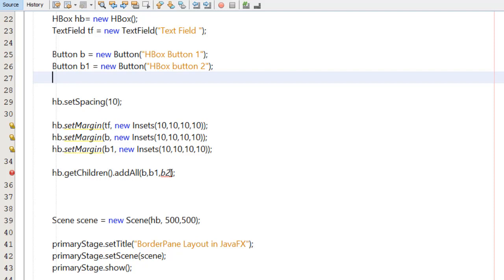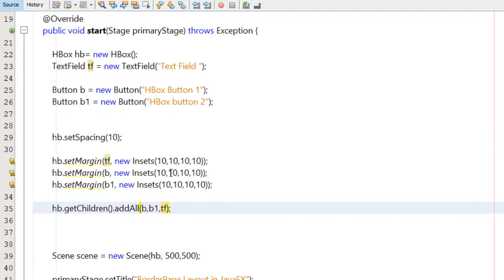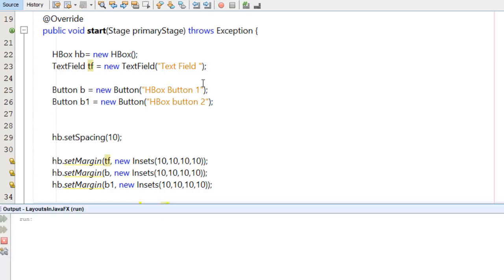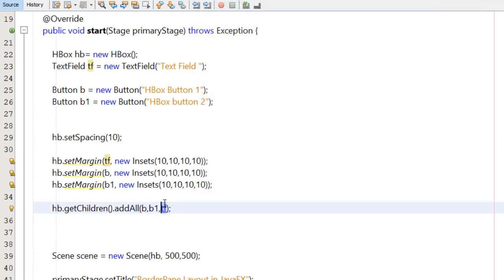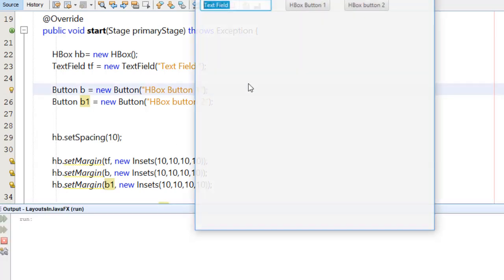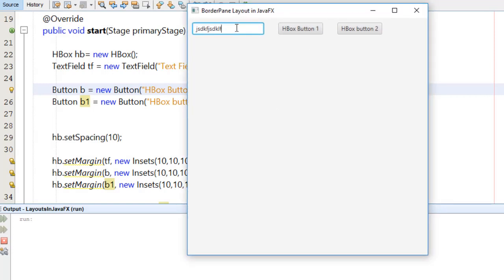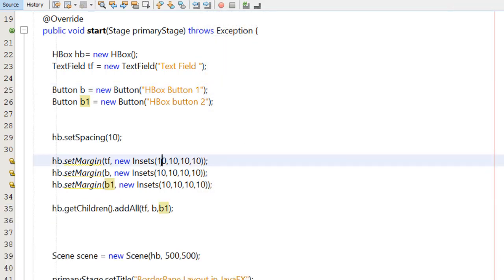Okay, great. Now I add here tf, the text field. I just add this text field first to make a good look. Now if I run my program, first of all you will see the text field in which we can write some text, then HBox button, then HBox button 2. We have set the spacing of 10 between these buttons. You can see here this is the 10 spacing, and we have set the margin 10, 10, 10, 10. If we increase the margin, you can see here, if I increase the margin here to 20, 20, 20, and 20,